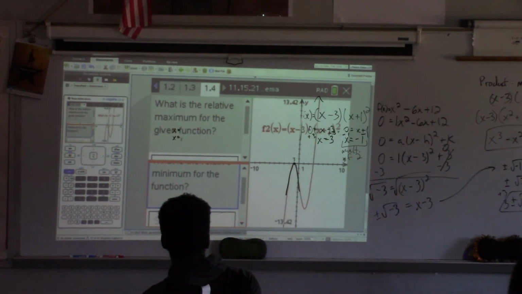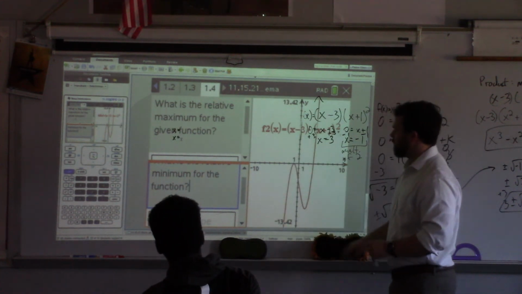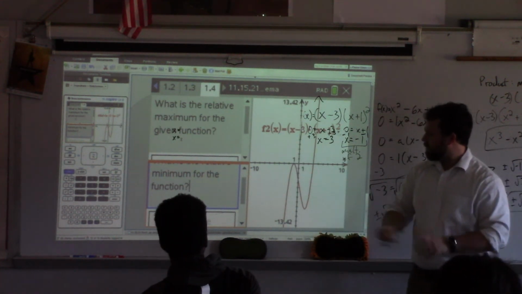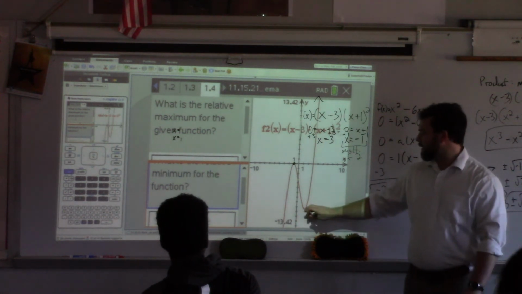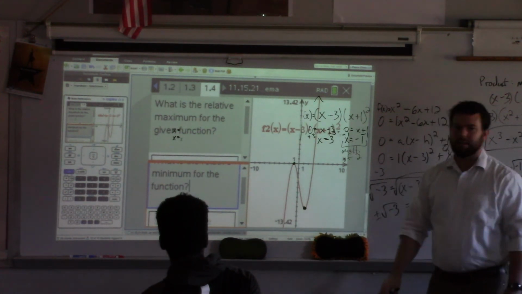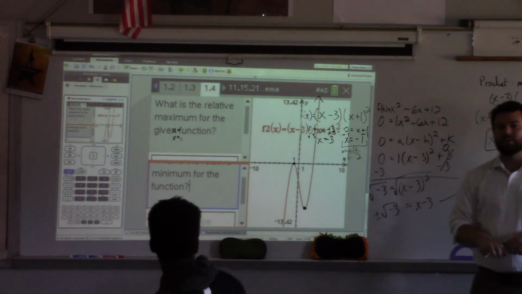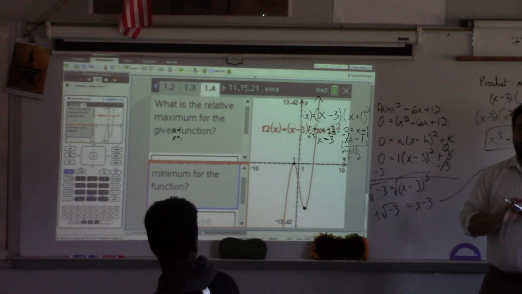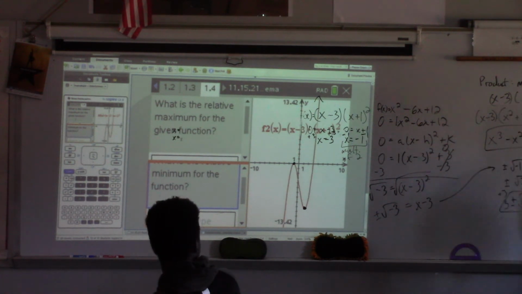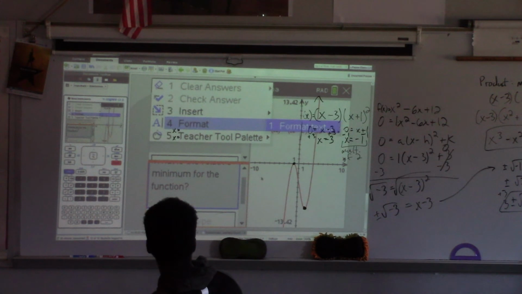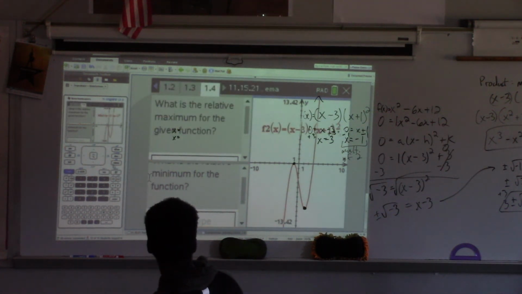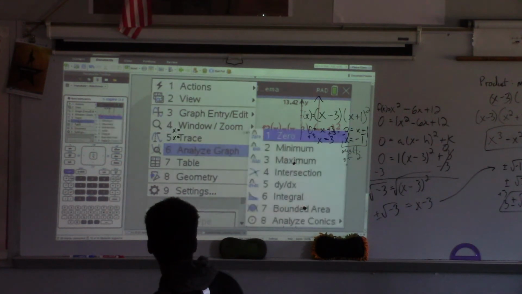Okay, last thing, relative maximum and minimum. Hopefully we're able to identify those things. Just looking up here in general, where do we see a relative max and min? That would be a relative max, and down here is a relative min, right? The highest for that section, lowest for that section. The big thing to keep in mind here is how do we write it? The one maximum is really easy to see. To get the minimum, I would have to do analyze and minimum,